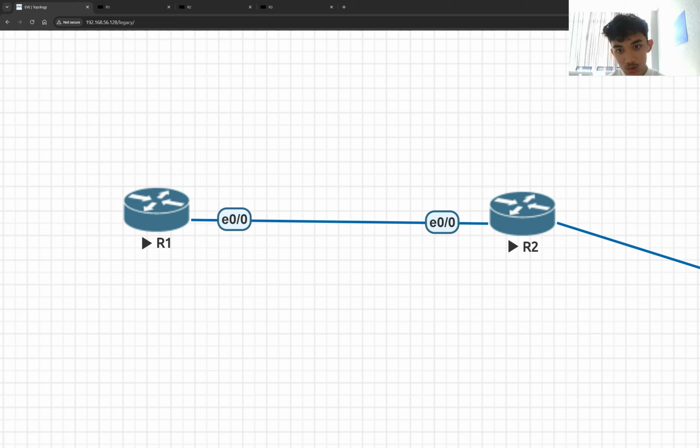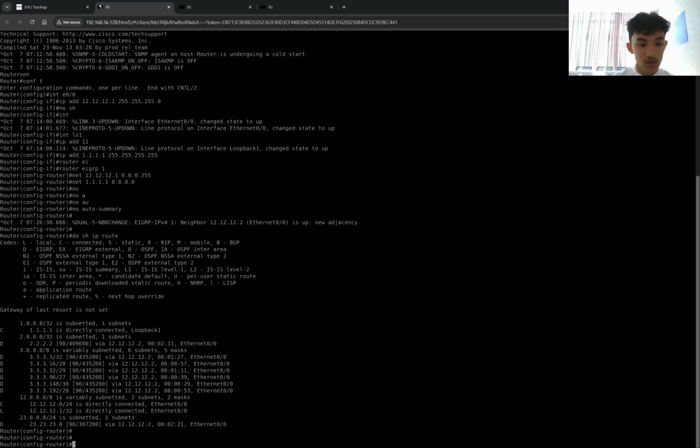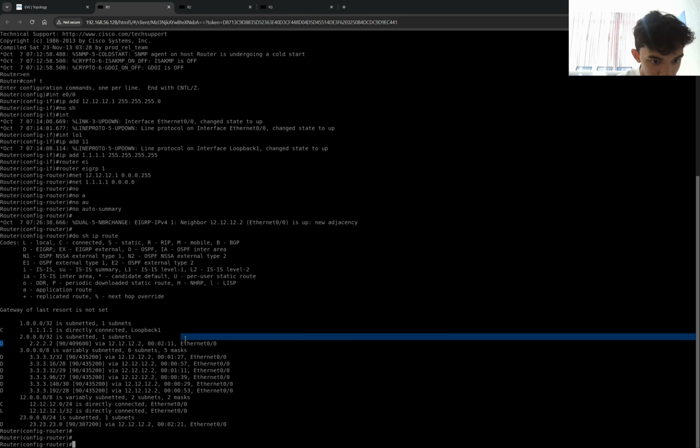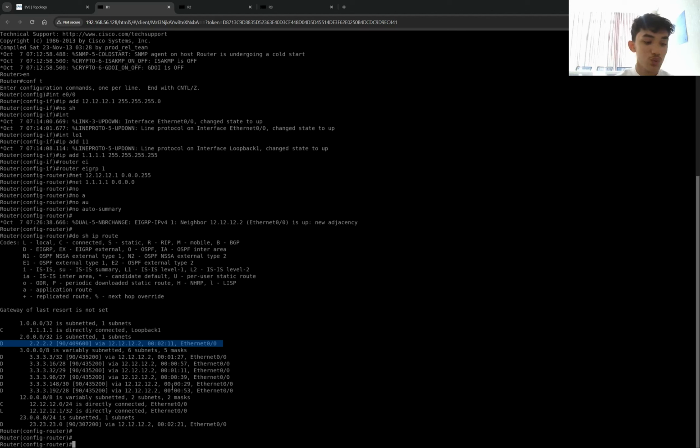Ethernet 0/0 to Ethernet 0/0, router 1 to router 2. The connection we already added, you can see here. Do show ip route. Already in here is IGRP. This is its IP loopback and then the network 12.12.12.2. And you can also see here the way to go to router number 3.